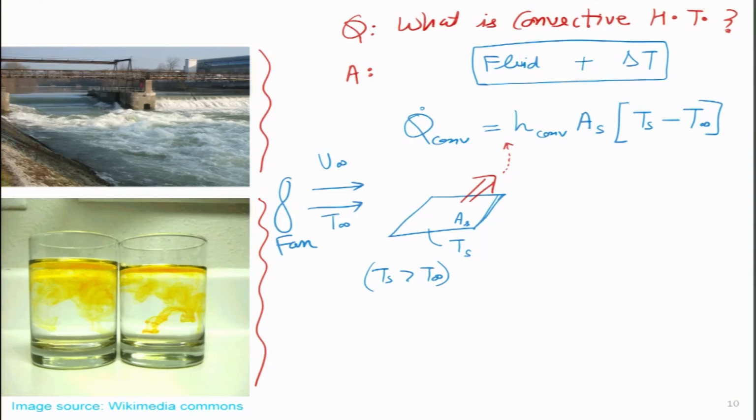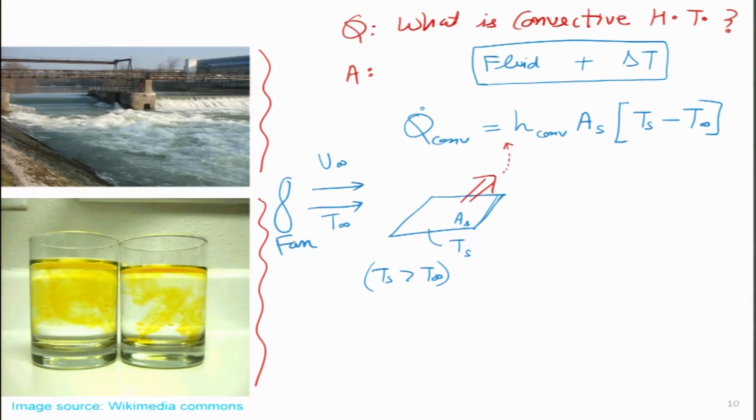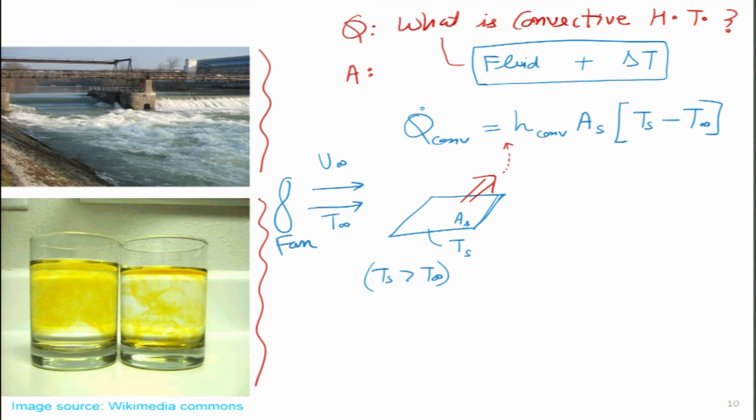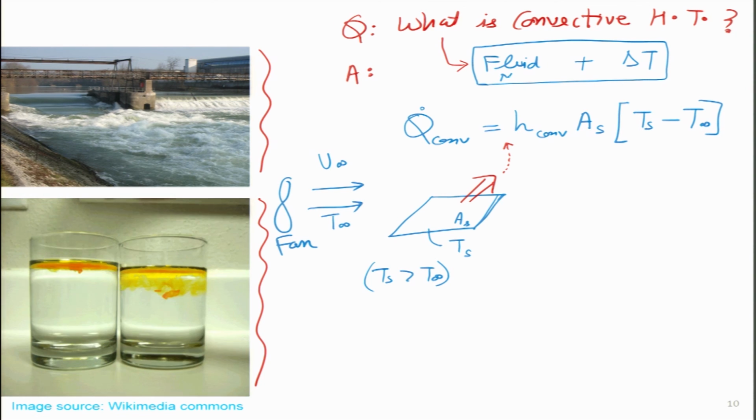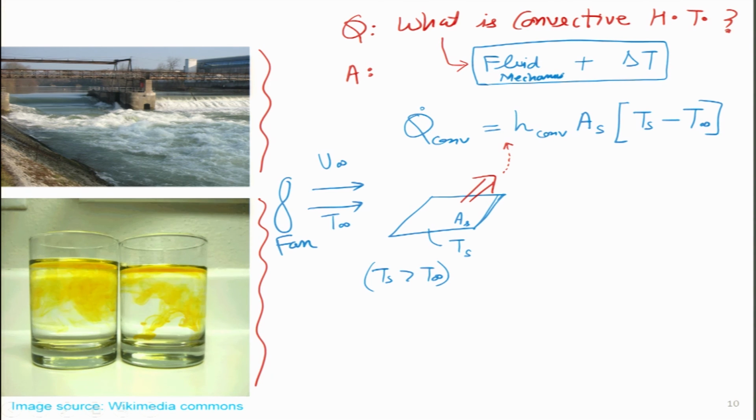So, there is a lot of fluid inside us, we are surrounded by fluid, and if for instance, I am consuming some tea or coffee over here, then if there is some temperature gradient, in addition to the fluid motion, in addition to fluid mechanics, then convective heat transfer also takes place. So, this is the answer that I like to give for this particular question: some fluid mechanics is there, and if we add to that a particular temperature gradient, then we have convective heat transfer taking place. And now I can keep on talking about it in the next few minutes.